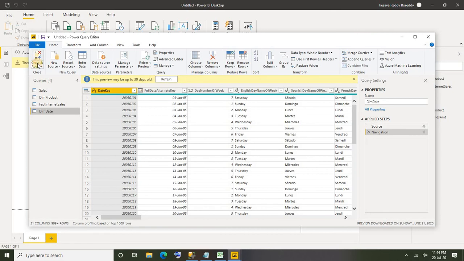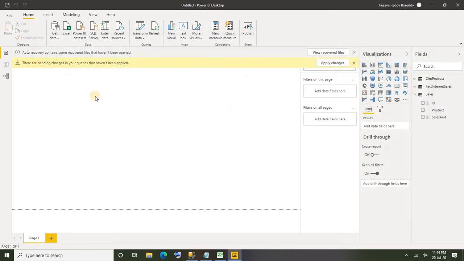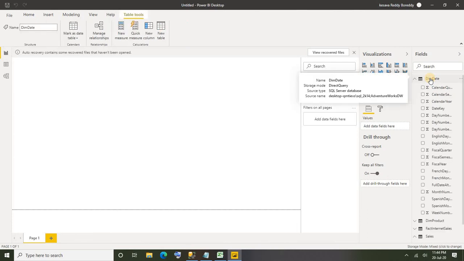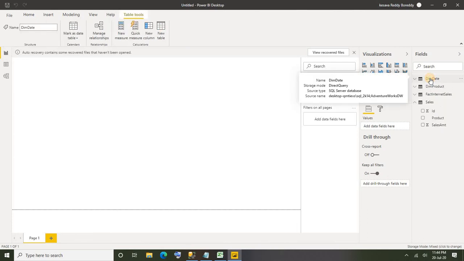Okay, say apply. Now let me click on dim date, which has been imported through direct query, right? So of course you can go ahead and use that table for your reporting purpose.